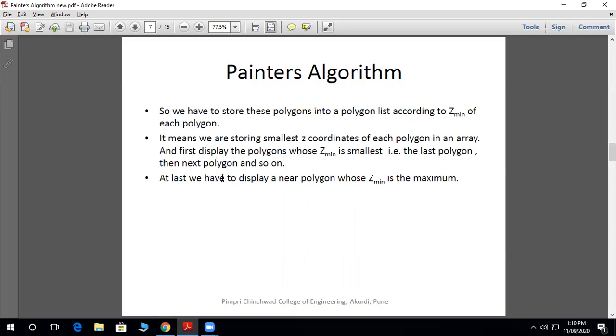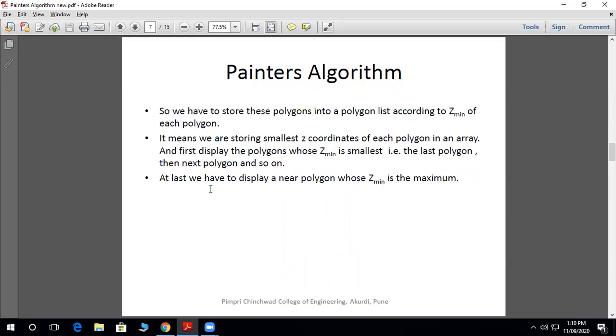At last we have to display the near polygon, whose Z minimum is the maximum. That polygon will be nearer to us, so we display it last. So basically we store all the Z values in the polygon list, and according to that the polygons are displayed.